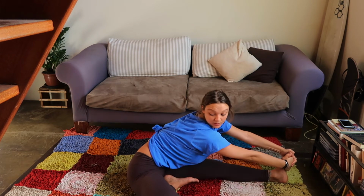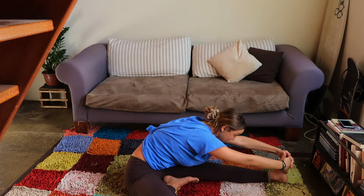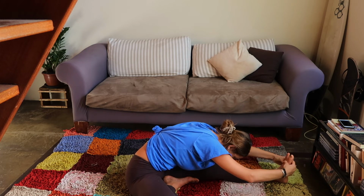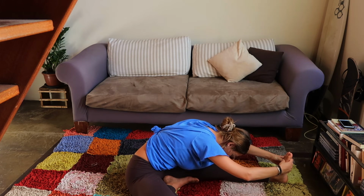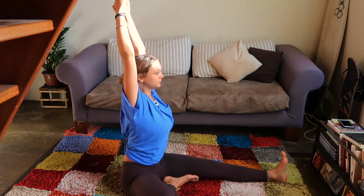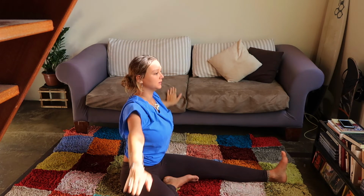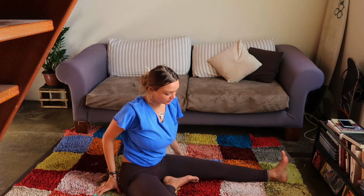Stretch your lower spine. Keep your foot flexed. Inhale up. And release. Okay, now what we're going to do is we're going to twist our body to face the right